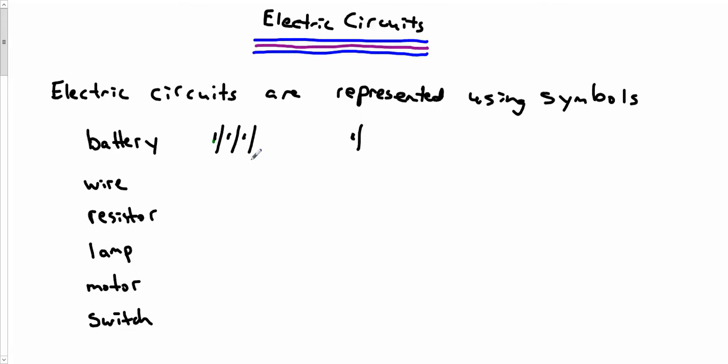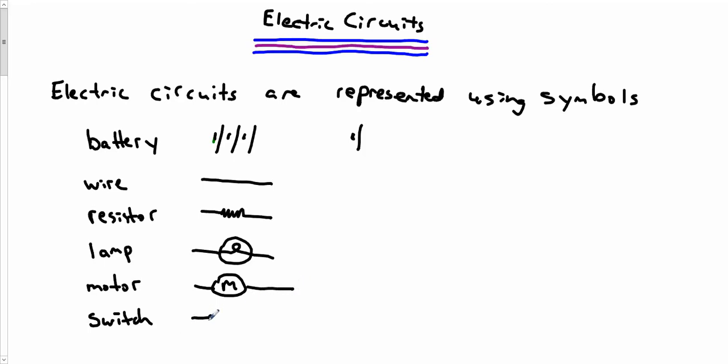A wire is just a straight line. A resistor is something that takes energy out of the circuit, a squiggly line. A lamp is a circle, and inside is a little light bulb. A motor is a circle with an M. There's a closed switch, and there's an open